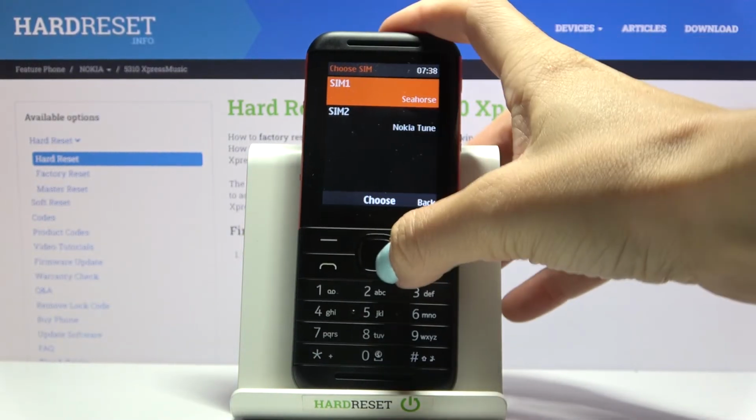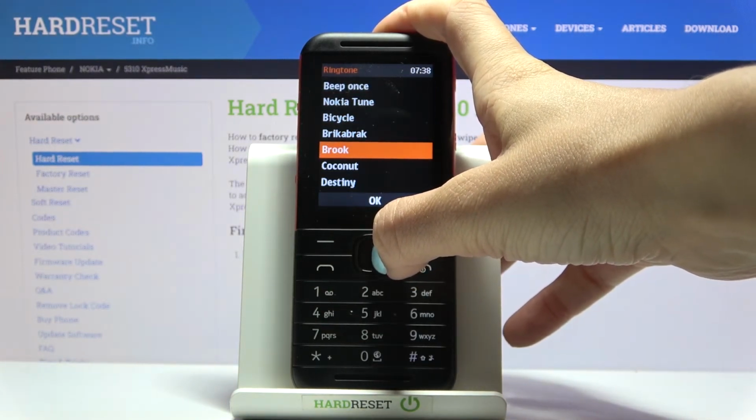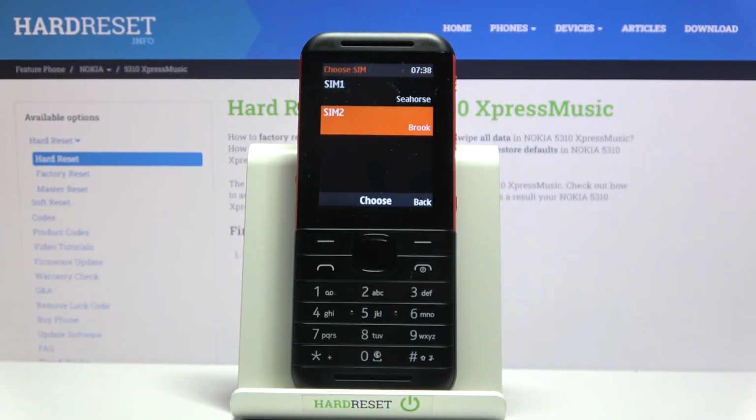And as I told you, you can do the same action for the second one. For example, Brooke, tap on OK, and it has been applied as well. So this is it. That will be all. So you can